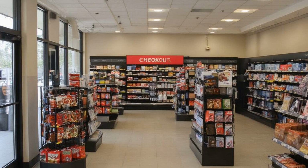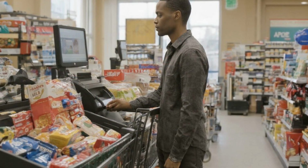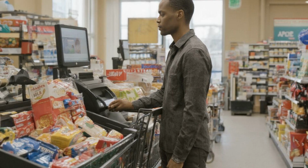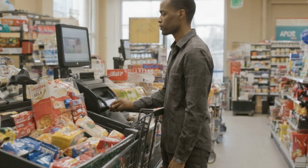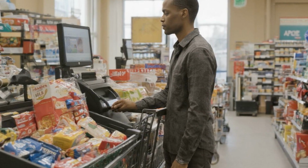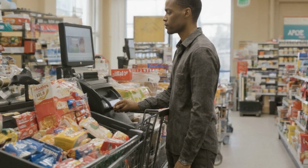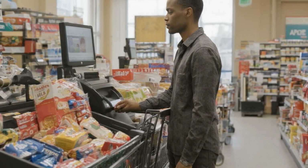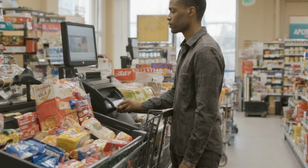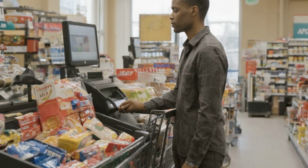Neuroscientific research reveals that by the time you reach checkout, your decision-making capacity has been systematically eroded. Decision fatigue means you're more likely to make impulsive choices, having already navigated numerous psychological obstacles throughout the store. Retailers understand this cognitive vulnerability and exploit it with surgical precision. Understanding these mechanisms isn't about inducing paranoia, but empowering consumer awareness. By recognizing the sophisticated psychological strategies employed by